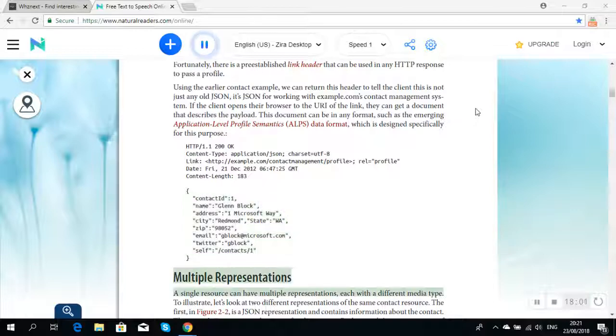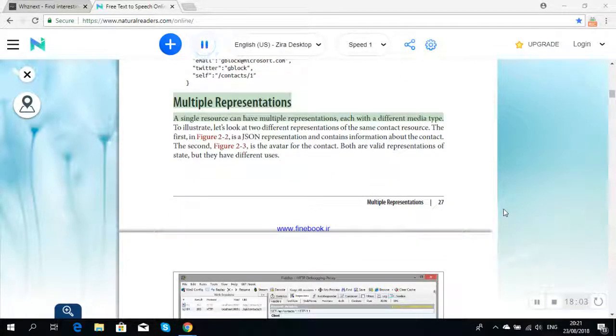Multiple representations. A single resource can have multiple representations, each with a different media